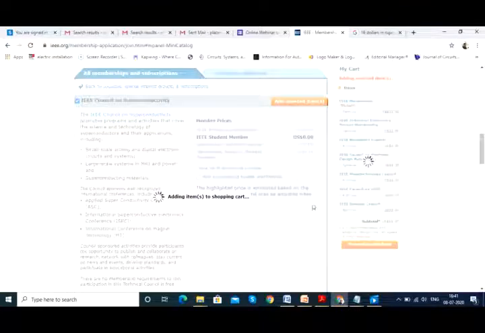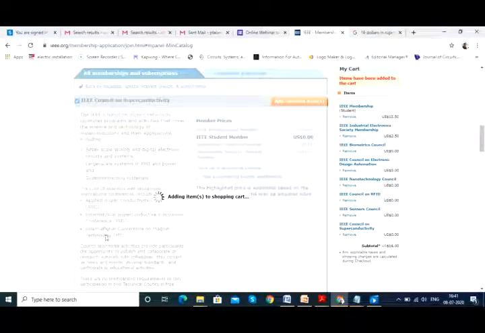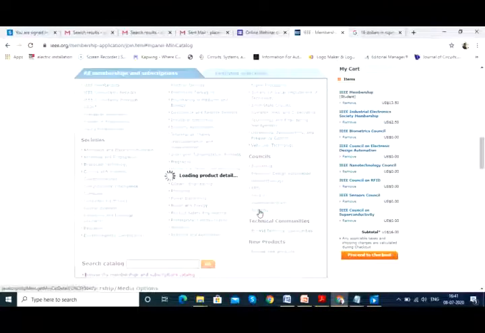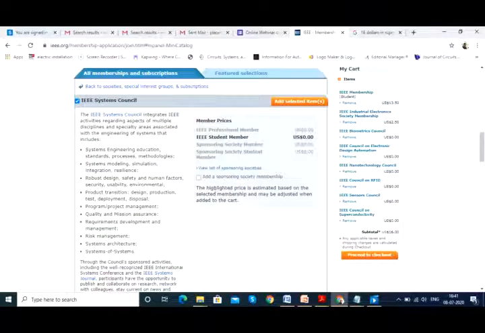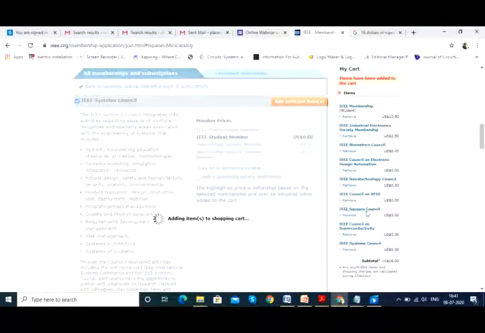Superconductivity Council. Again, these three journals you have, these are the conferences. So these conferences, if they happen anywhere in the world, you'll be given a great discount with respect to attending the conferences. The systems, I'll be selecting this also. As you can see, all the things that I'm adding are reflected here without any additional cost.